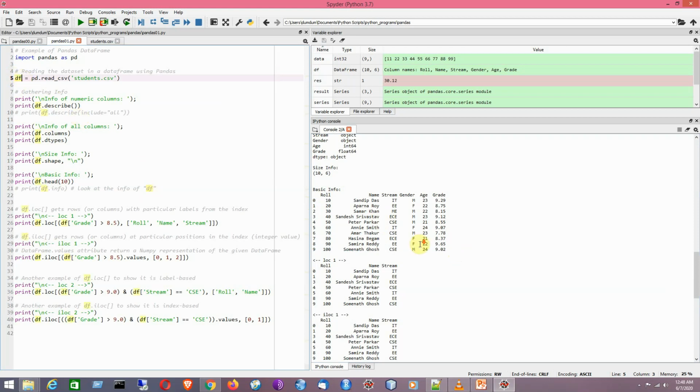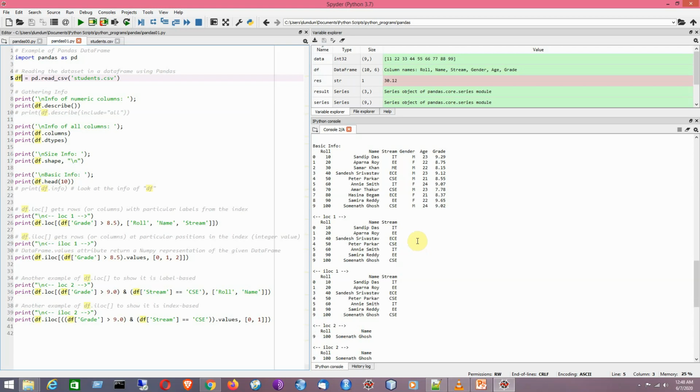Now we are going to perform some data analysis operations on this given data frame. Suppose we apply LOC and ILOC, which is the most important thing to consider here. By using LOC we get the rows or columns with particular labels from the index.